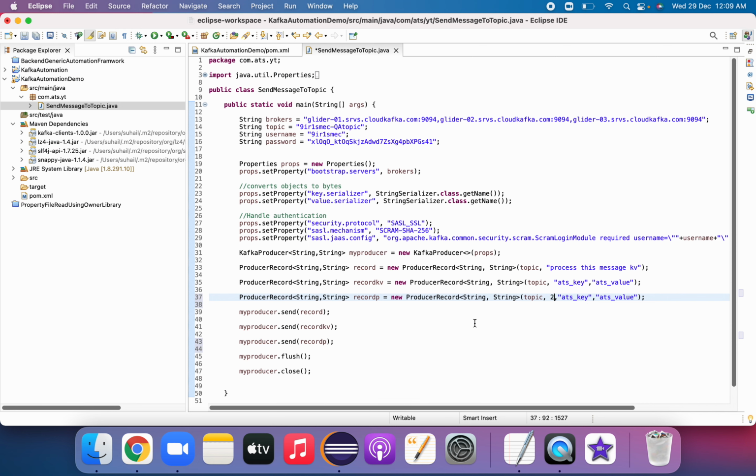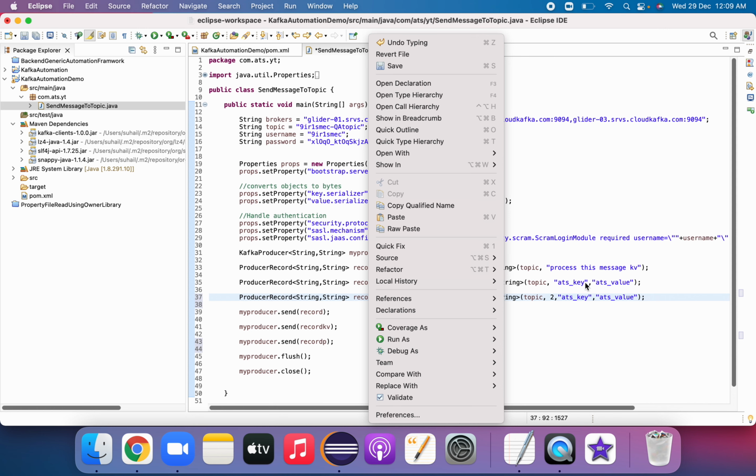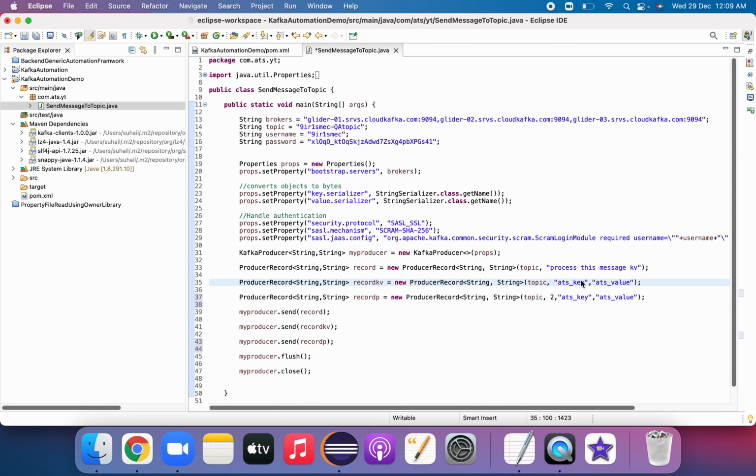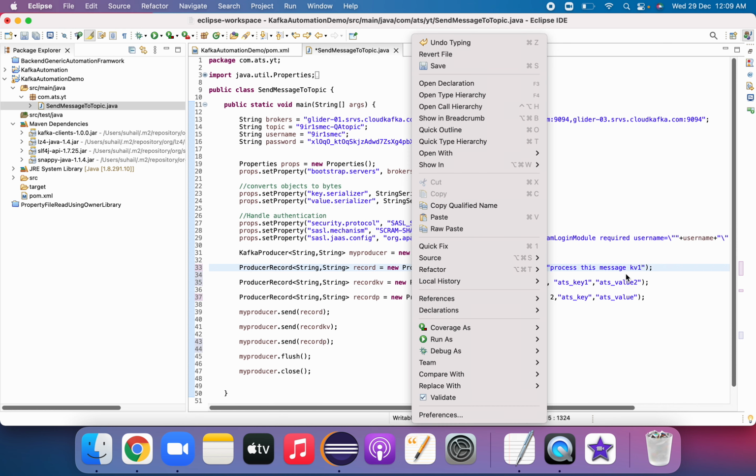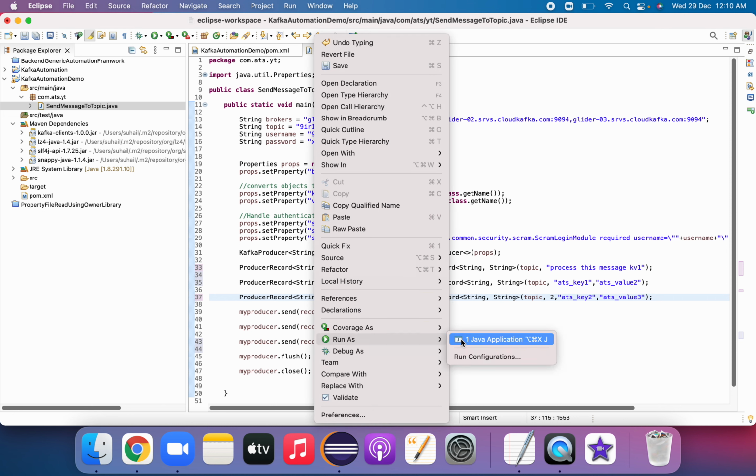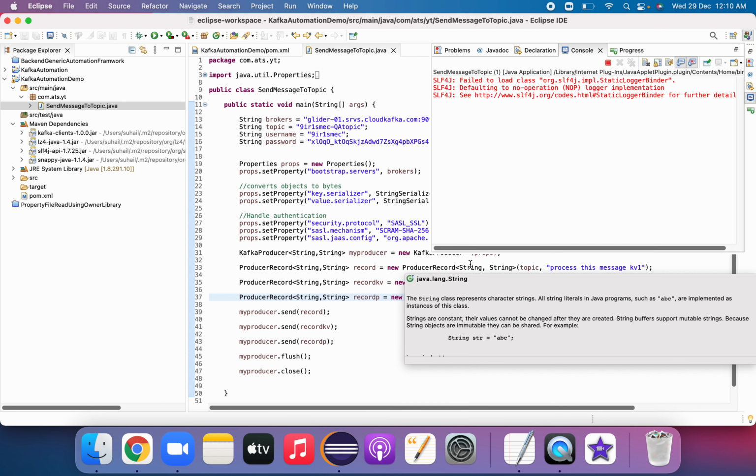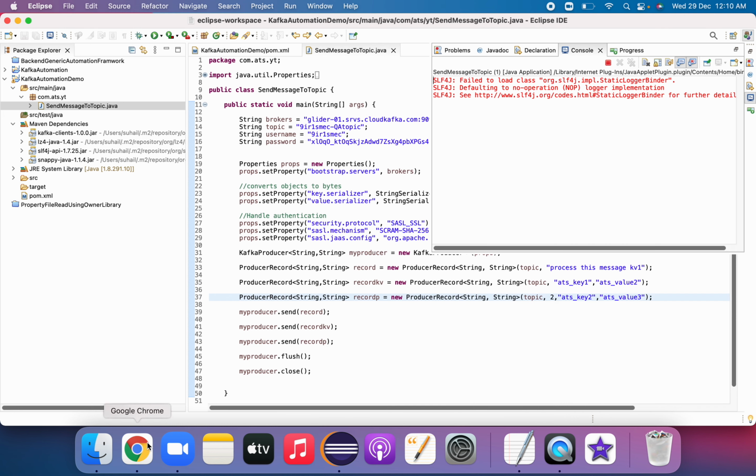Let me change these messages as well, so that we will be aware if it got published newly. I'll say ATS key 2 and ATS value 3. Let me rerun this code and we will see what happens.